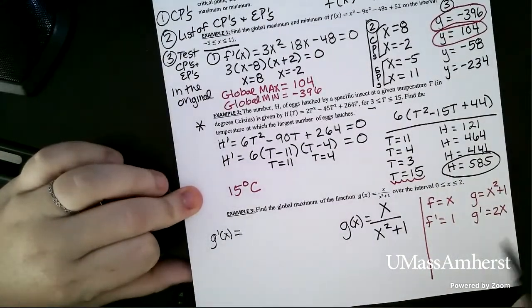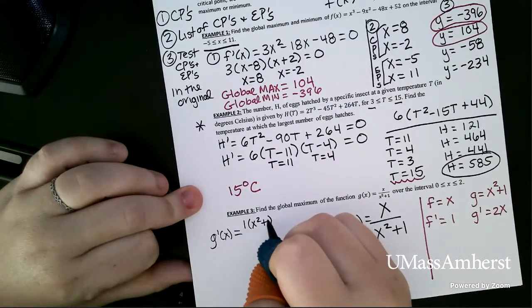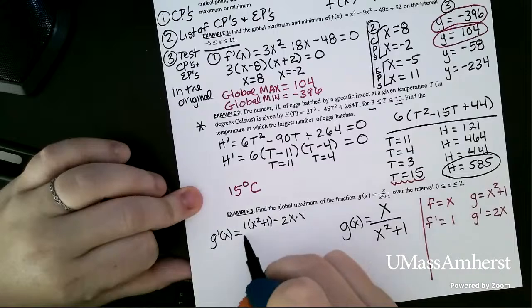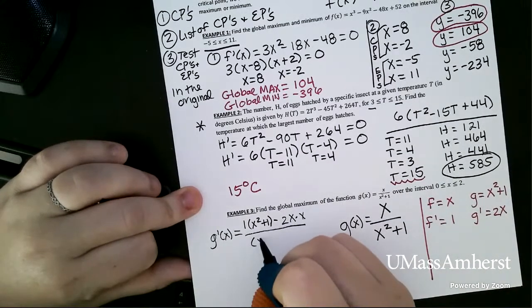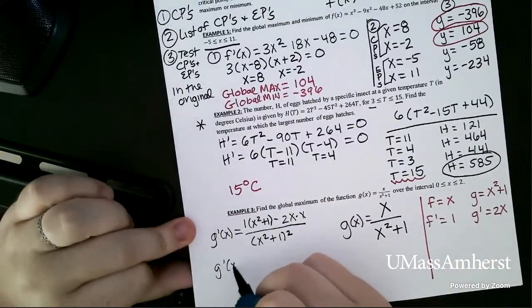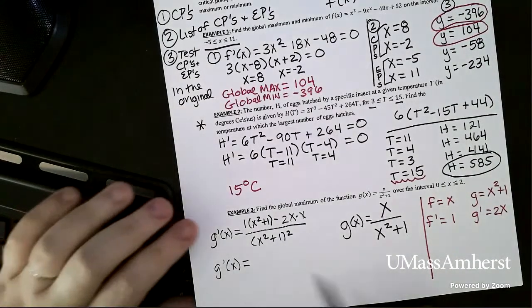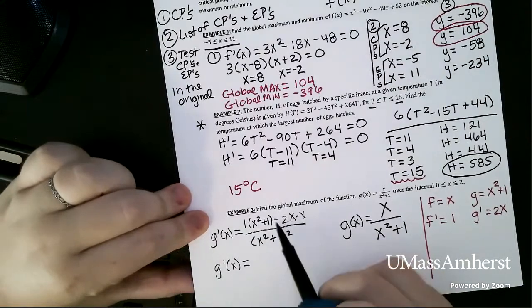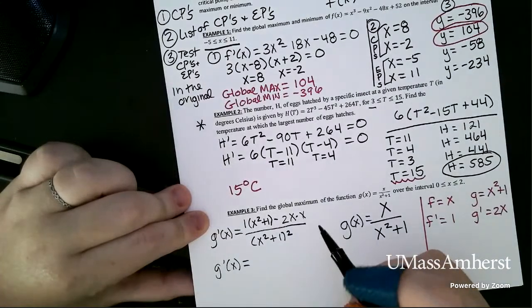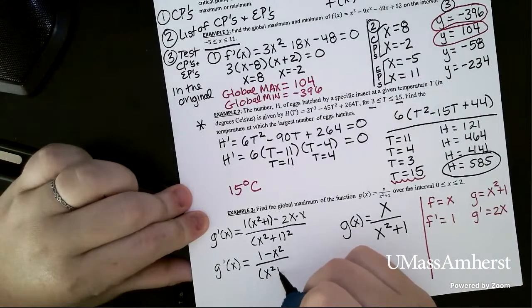So the quotient rule says we're going to do f prime times g minus g prime times f, all divided by g squared. Okay, I'm going to do a simplification step here because I am using the derivative to find something. So I have an x squared plus 1 minus 2x squared. So x squared minus 2x squared gives me negative 1x squared. So I have 1 minus x squared over x squared plus 1